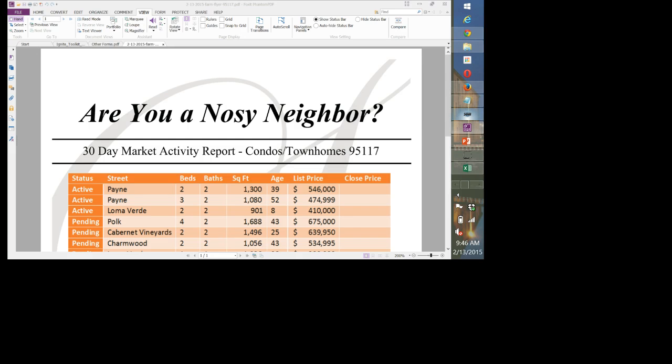Now, question, and this might be too complicated. If I found a picture of a condo community